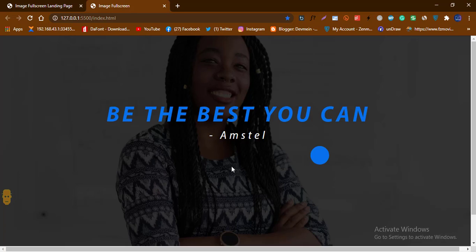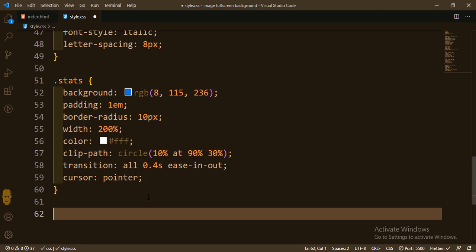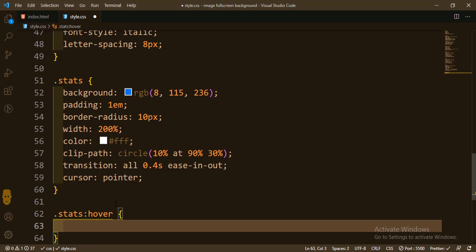Now these texts are still here, it's just that they are hiding. Okay, so this thing is hiding it. So we are going to use something to actually bring it out. So I'm going to come back to this start, but this time around I'm going to add a hover state. I'm going to say start hover. So if we hover this start, we want something to happen. So we want this clip path,